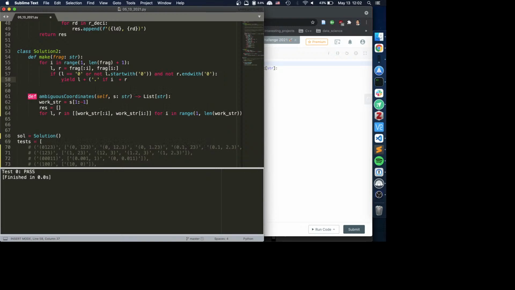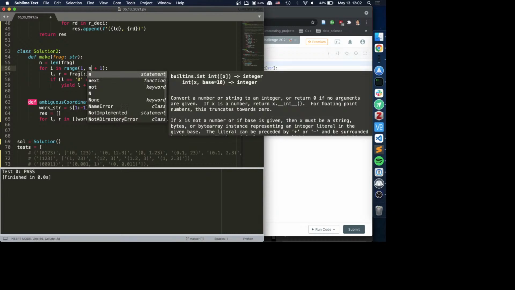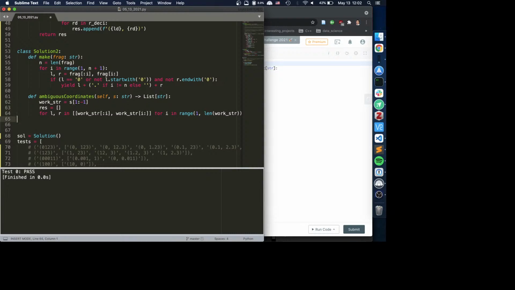I is not equal to len. We have to do len here. So we say n equals len frag. We're just getting closer and closer to the optimal solution. And I is not equal to n, else gonna be this n plus. All right, and then for this, and then we say make left and make right for